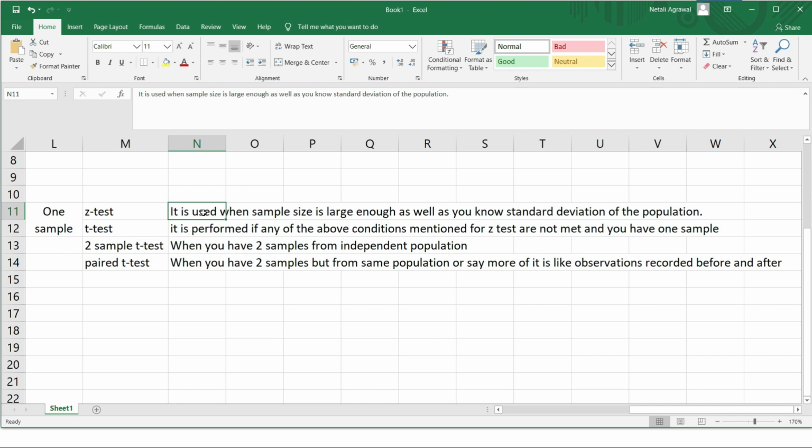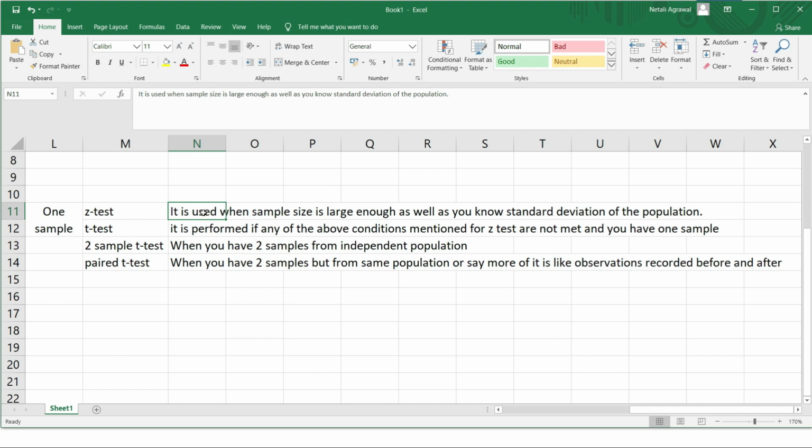Suppose any teacher tells you that my students score more than 95% out of 100 in this subject. Suppose it is for the 10th board exam. So what happens is that you get hold of a couple of students, say 40 students for the same teacher, and get hold of those 40 students' marks from the state board, and you check the hypothesis whether what the teacher is claiming is true or false.